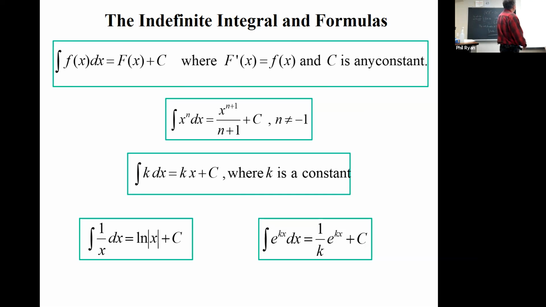So here we are. Instead of writing capital F prime equals little f, that's a derivative formula, we can write the integral of little f is big F plus c. That c is called the constant of integration. We always have to worry about it. So, for example,